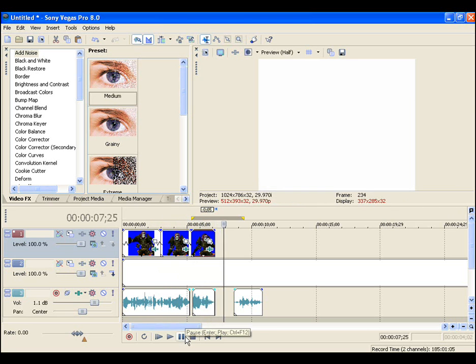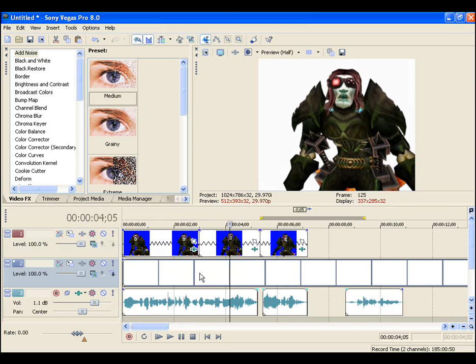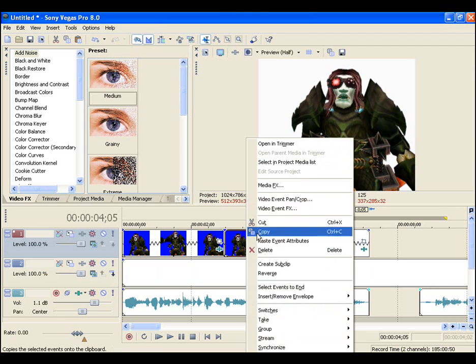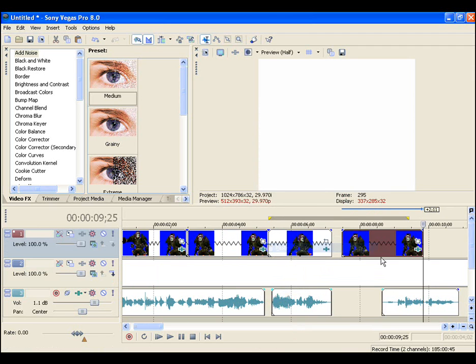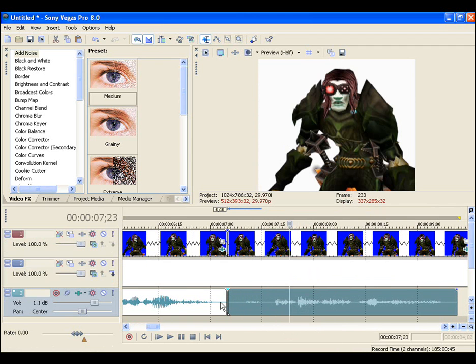tutorial. See? And obviously the last one, if I was using my own model viewer, the proper one, the one that has all the animations, I would have put the question or exclamation animation in, but since I've only got these three, I'm going to have to copy one. So what I'll do is I'll right click, copy, and paste that right afterwards. The only difference now is I just need to get the length correct, so I'm just going to fiddle about with the audio, move that in,